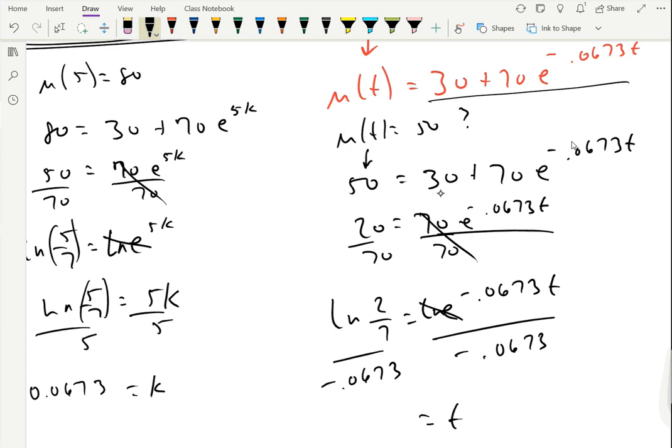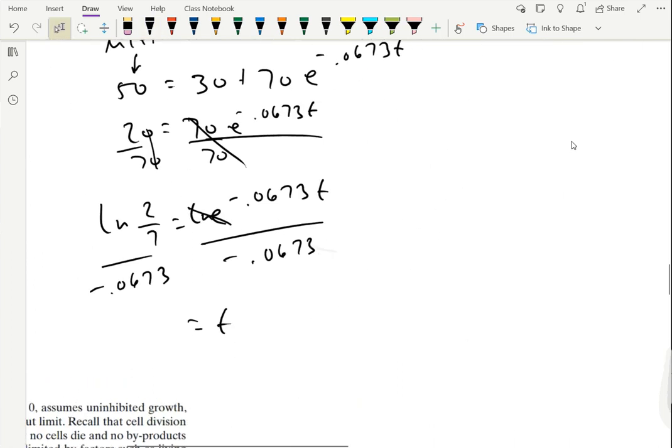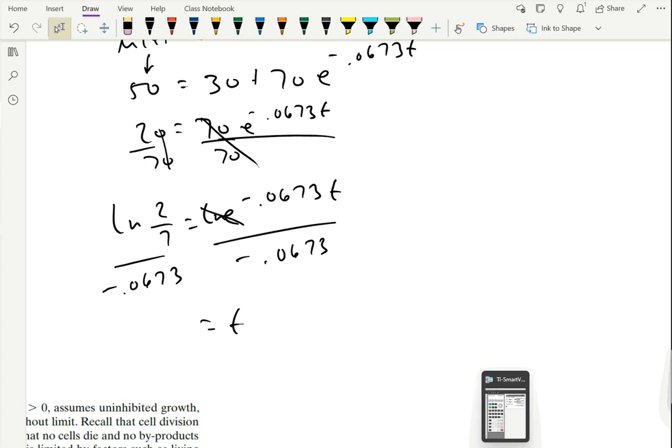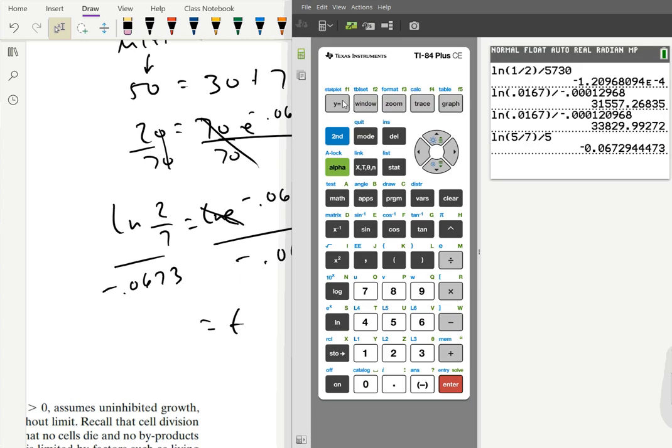Then we subtracted 30 from both sides to make this 20. Then we end up with 70 of this whole value on the right. If we divide 70 on both sides, 70 cancels. So 20 over 70 is just 2/7. Once I apply the natural log on both sides, the natural log and e cancel. Then we divide by negative 0.0673 on both sides, and then we're ready to find T. So my apologies for writing underneath the calculator here. So we'll end up with natural log of 2/7,